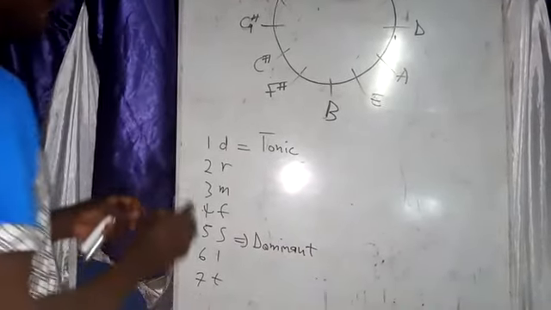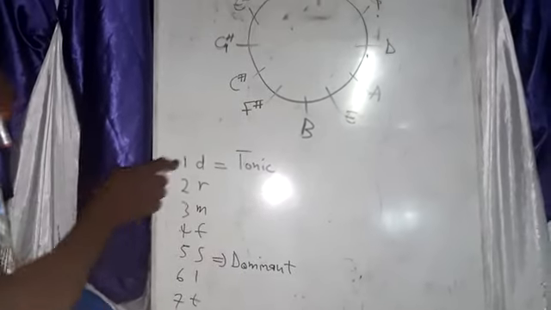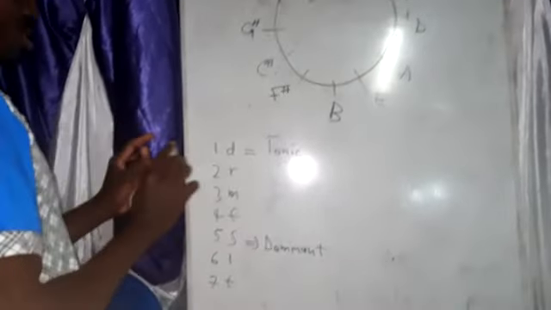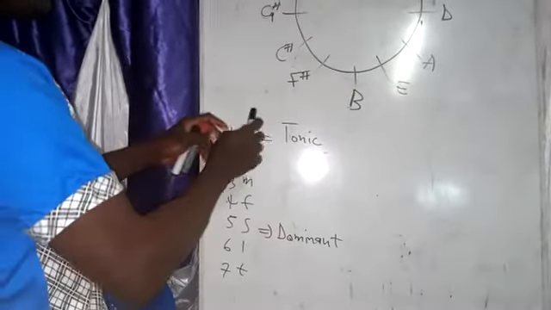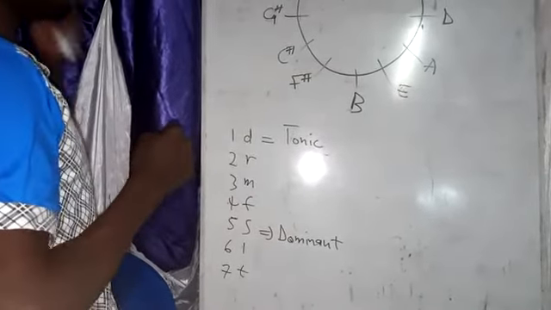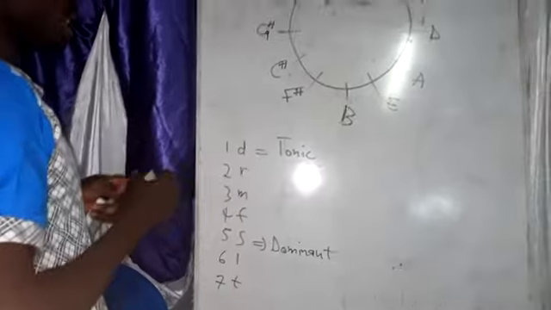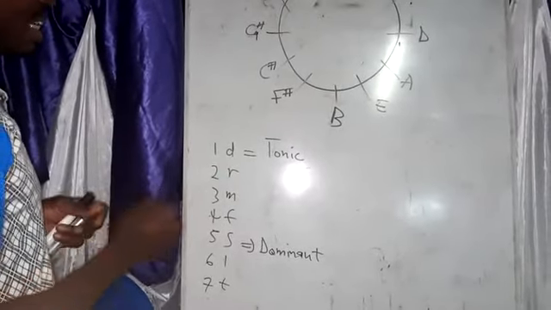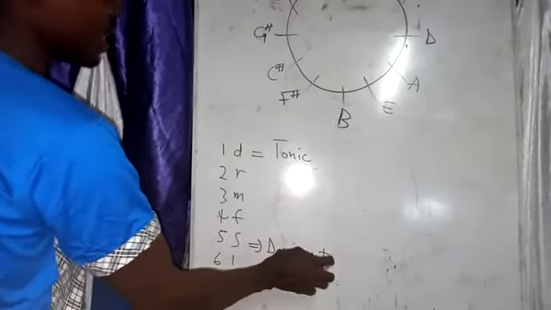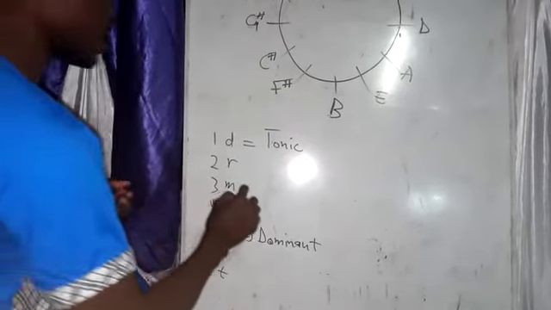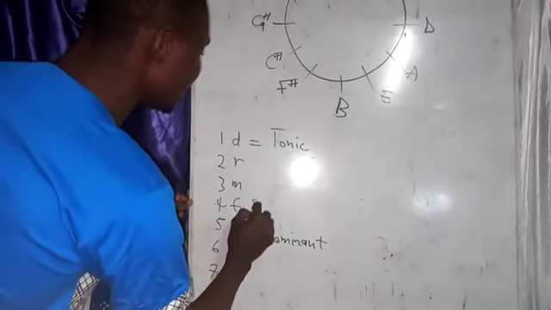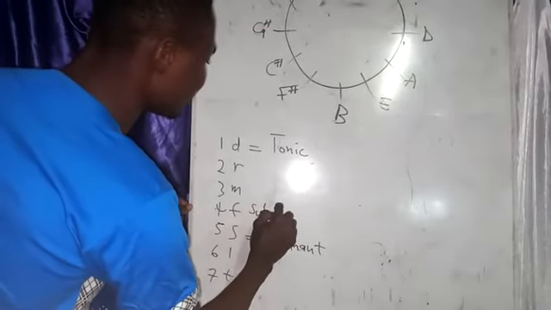So let's say in a family or in a house, tonic is the house, because it is what you are based on. Or let's say tonic is God, because he's the head of the family, as you see spiritually. And the next important person is the father, which is the dominant. And the next important chord after dominant is the subdominant, which is Fa.